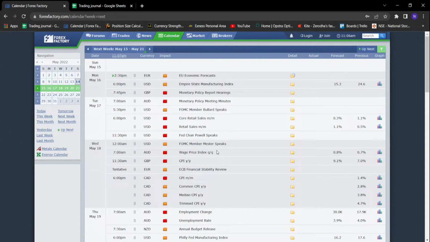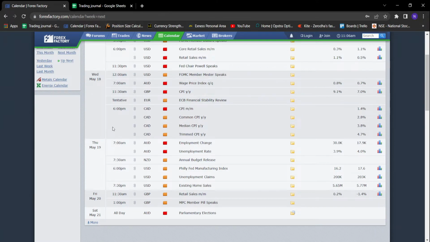So we'll be looking at the weekly analysis for the upcoming week, and let's start with forexweekly.com and see what the upcoming events are for the coming week. On Monday we are having a monetary policy event for GBP, and it is a major event. On Tuesday we are having monetary policy for AUD as well, and at 6 p.m. we are having retail sales data coming up for USD, and on Wednesday we're having events on AUD and GBP